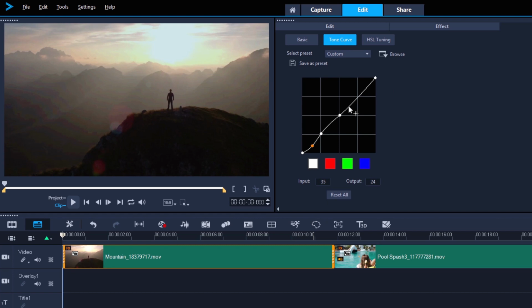Now let's play with the midtones. If we drag towards the bottom right, we can see the misty hills get darker. And if we pull to the left, they get a lot brighter. But you can see the tone curve is now definitely affecting the brightest part of the clip, the sun. So let's add another point here to bring the highlights back to normal again, and then get a little less